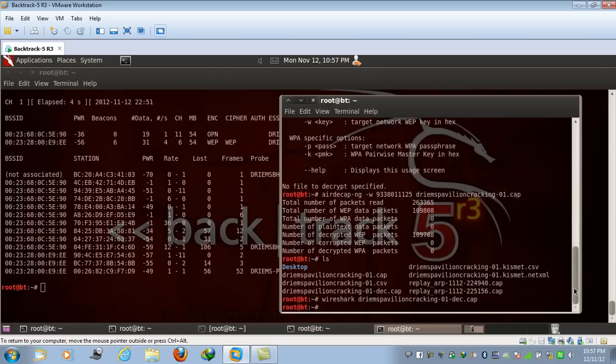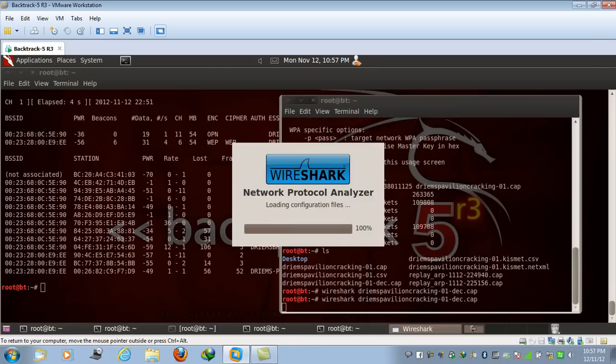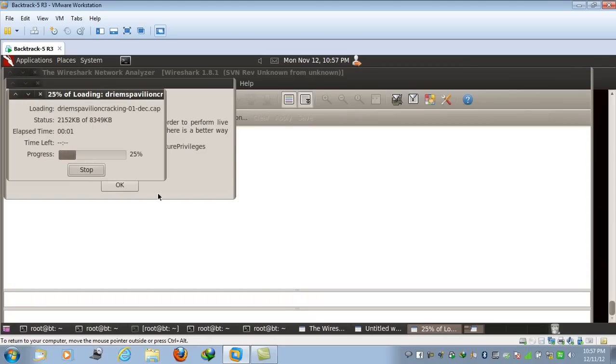And using all these files, you can actually view all the data that is passing to and fro across the access point and the clients. Suppose someone is using their credit card information, or someone has logged into their banking account and given their own username and password. Using Wireshark, you can actually see all those in plain text.